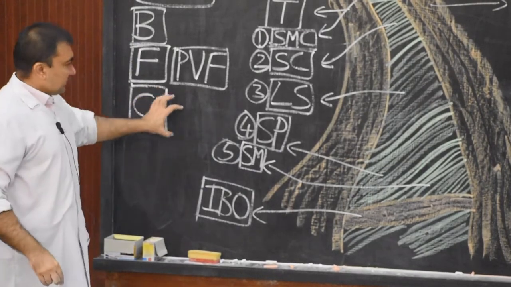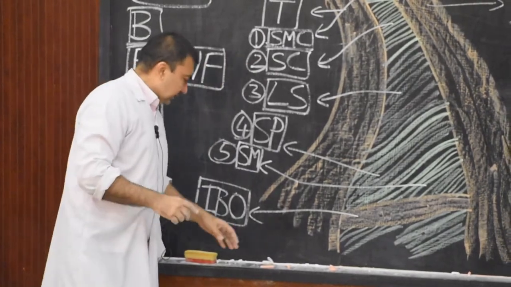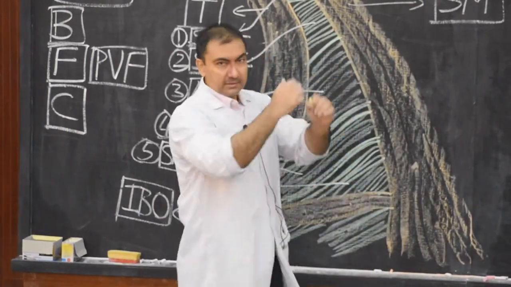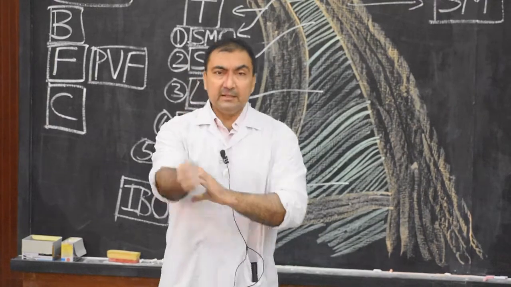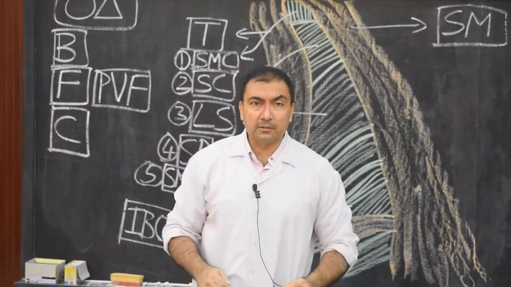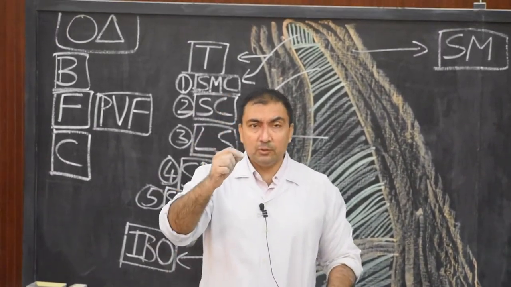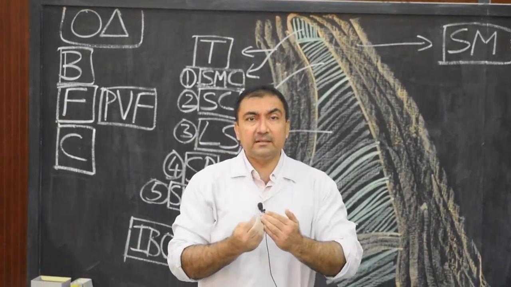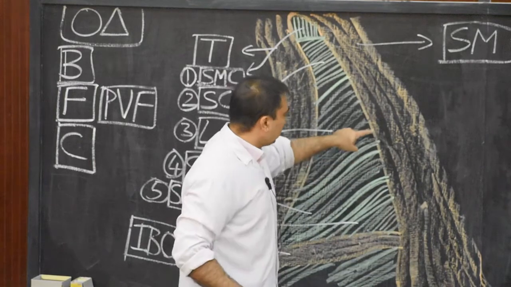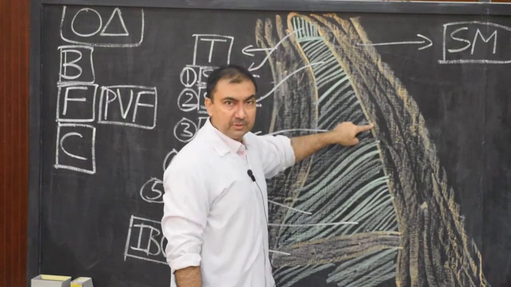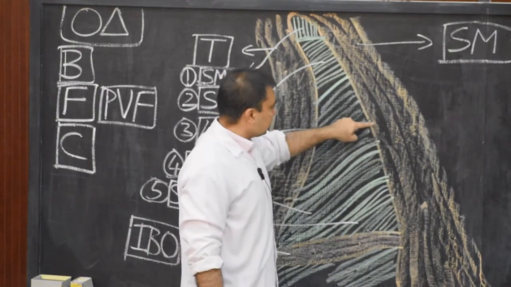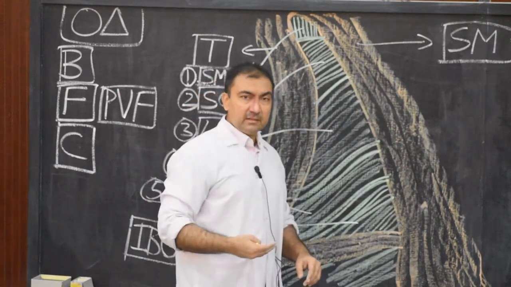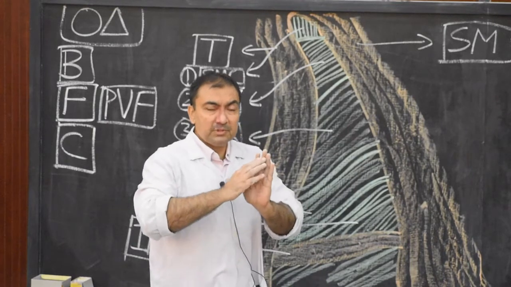Very important. Now the contents. Slowly we are going to fill the contents. This is how we will remember. It is very easy. So here, please come here in this direction. Here we are going to fill the contents. Content number 1, spinal part of accessory nerve. This nerve will not exit, but it will enter the triangle from the middle of the posterior border of the sternocleidomastoid muscle. From the middle of the posterior border, where my finger is, it will enter the triangle. It will be plastered to the roof of the triangle.